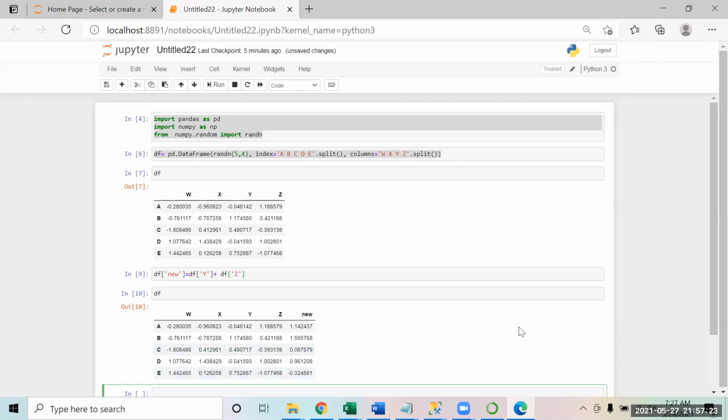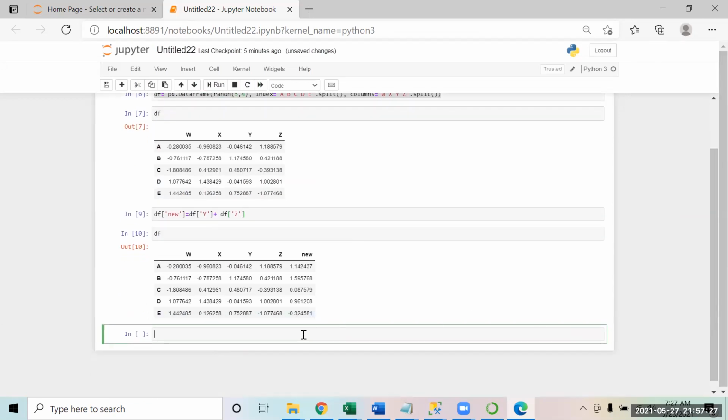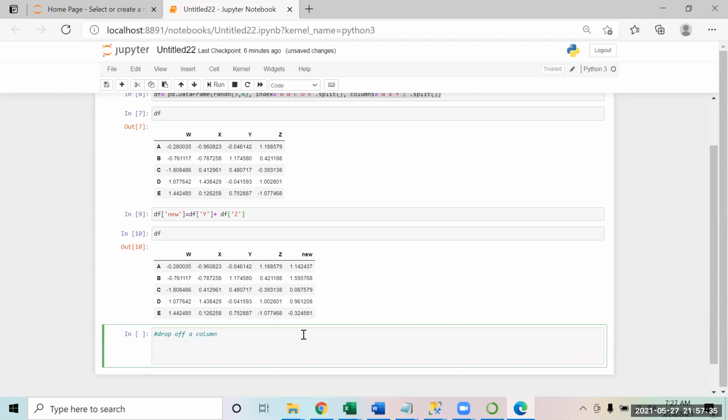Now today we will explore how you can drop a column. We simply say df.drop, which is a function we have, then you give the name of that column. Suppose you want to drop new. Then you have to specify axis equal to 0 or 1. 0 means row, 1 means column.